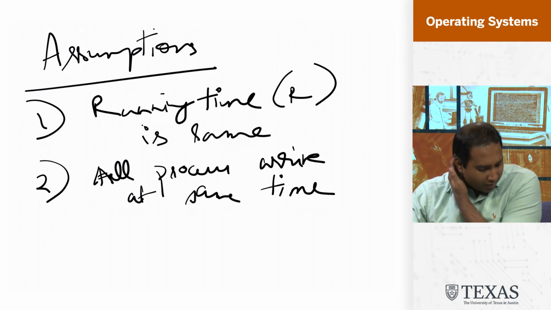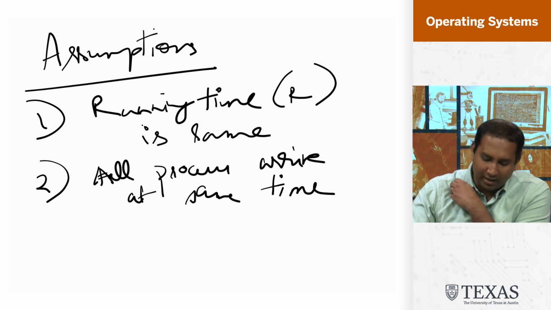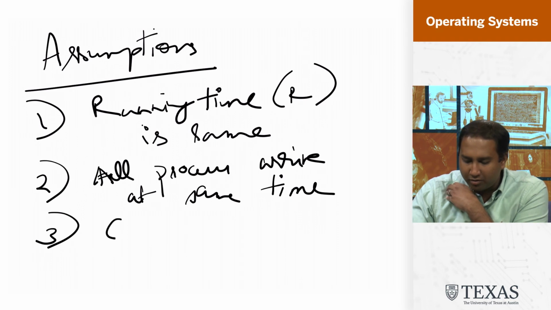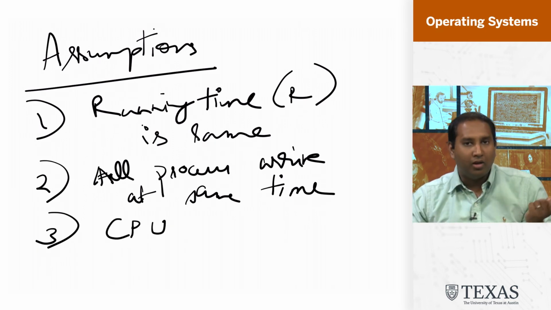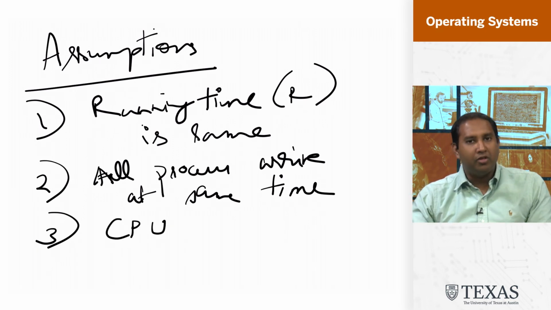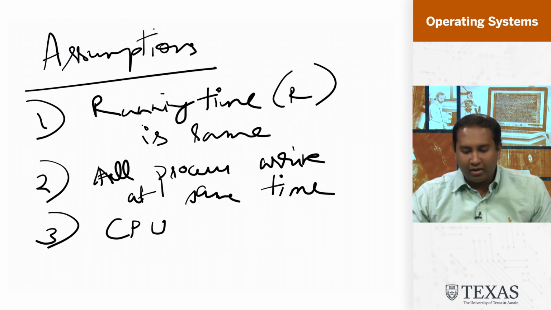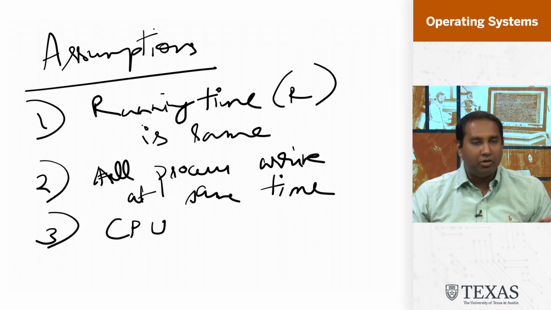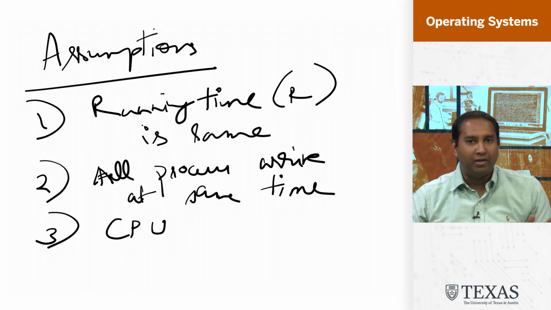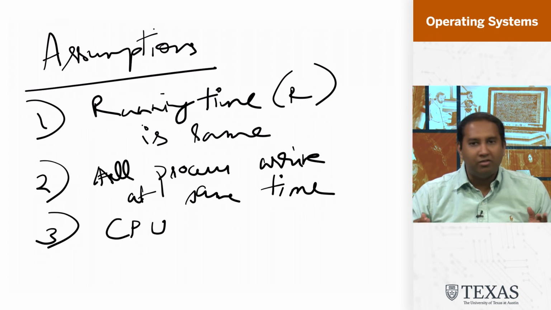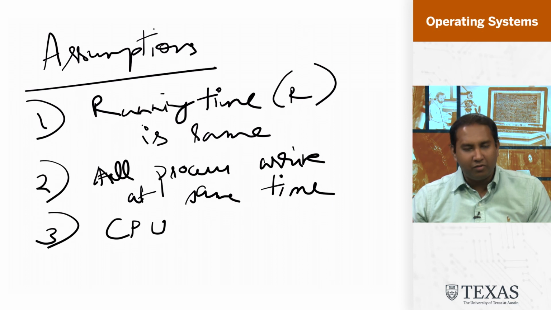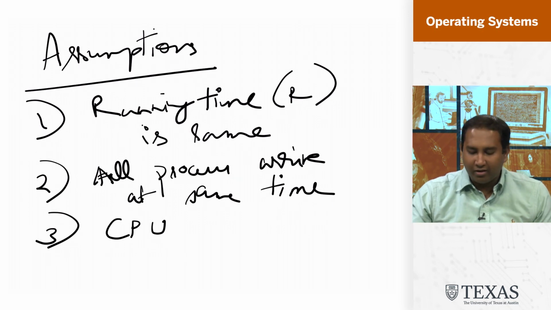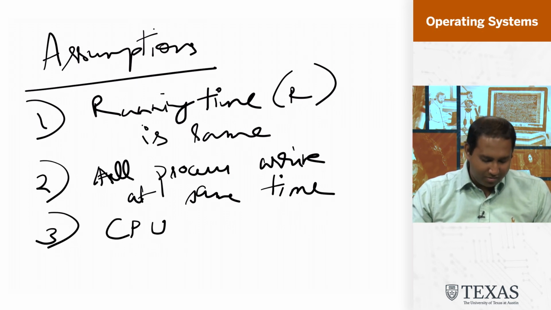Another thing we're going to be assuming is that everything just uses the CPU, right? As a reminder, that's the central processing unit. What this means is that they don't use any devices. They don't try to write to files, they don't try to display something on the screen, stuff like that. All they do is crunch numbers, let's say. And your job is to decide between these different processes which all crunch numbers. Again, somewhat unrealistic assumption, right?